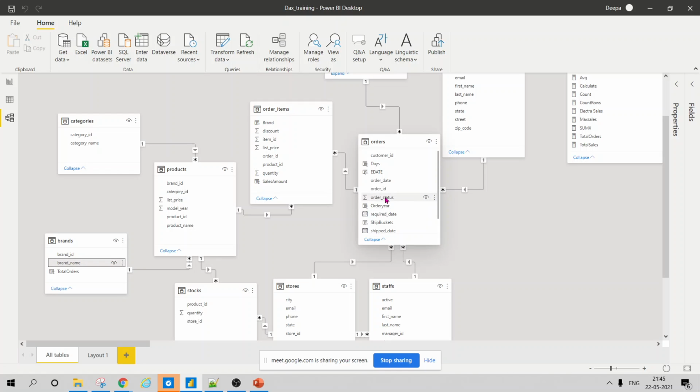How do I get that? We filter the brand name and then we find out the order status, right? How do you find that? Because the direction is different.